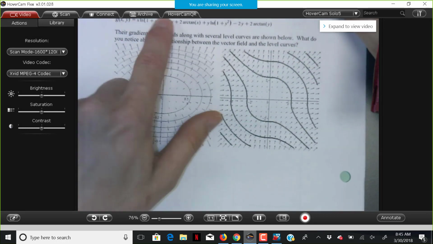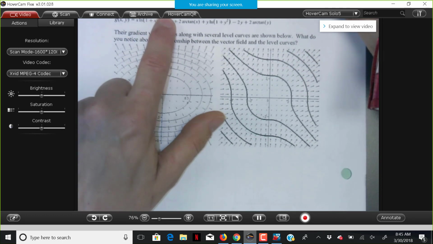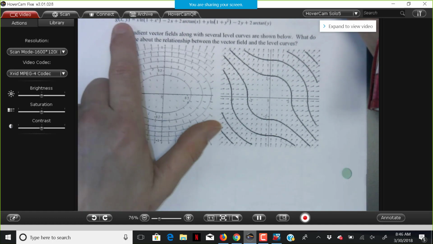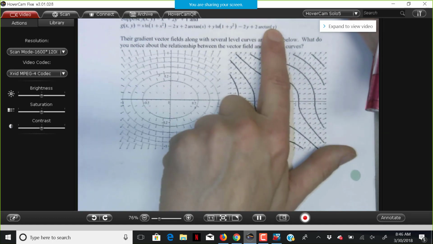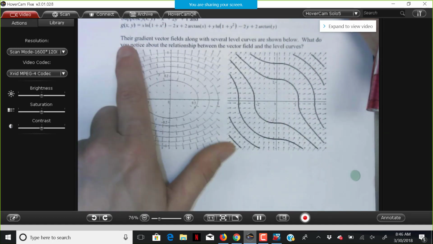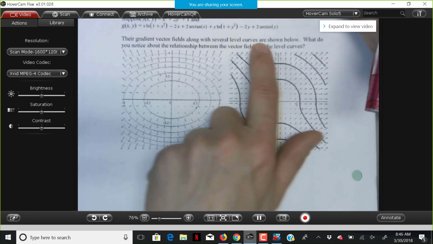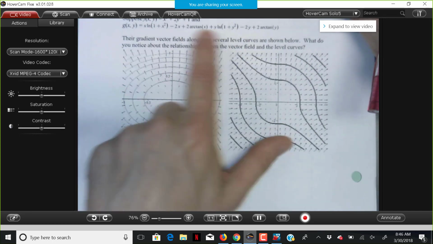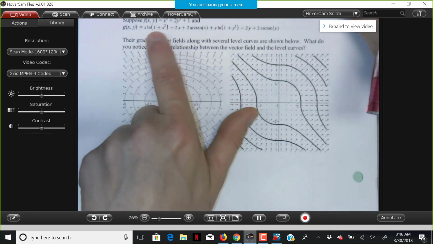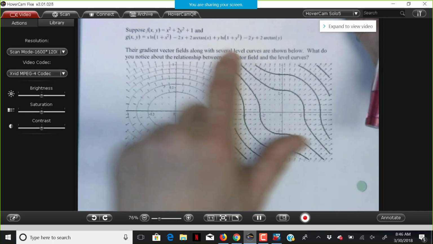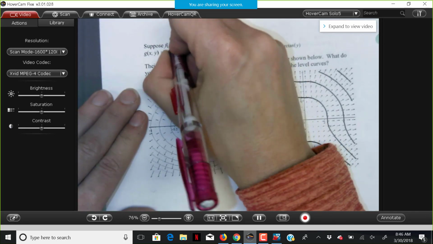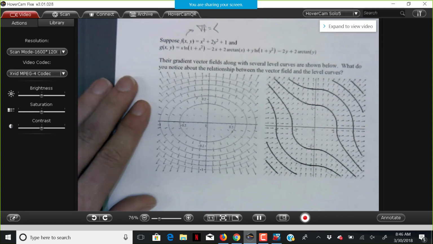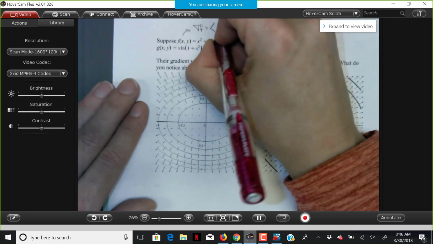Okay, so here's one function, f of x, y equals x squared plus 2y squared plus 1. And then here's another function that's this really complicated function. Okay, so it says their gradient vector fields along with several level curves are shown below. So this one, it would be really hard to, I mean, not hard, but it would just be really tedious to find its gradient. But we can do f pretty easily. What's the gradient for f? What would the first component be? 2x, and the second